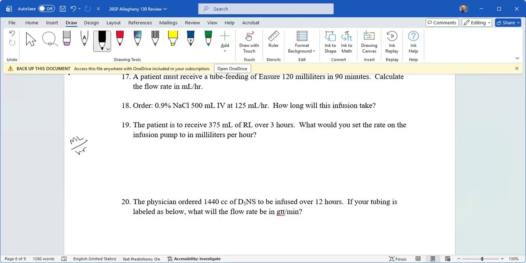So there is some real world correlation in the math part, how to solve it. But let's say you get an answer of 23.3 milliliters per hour, but you can only set the infusion pump to 20 or 25. Well, in that situation, you're going to follow whatever orders you're supposed to follow, or